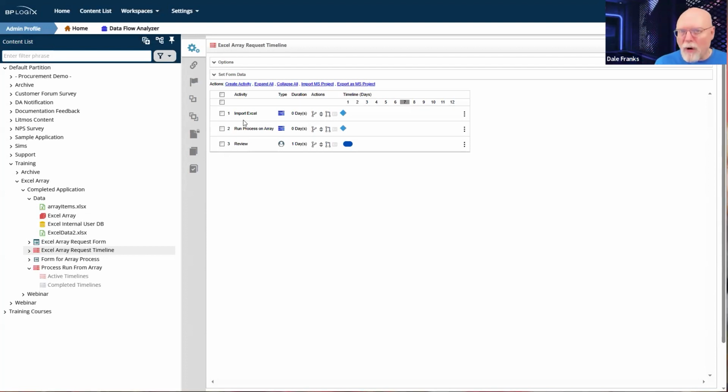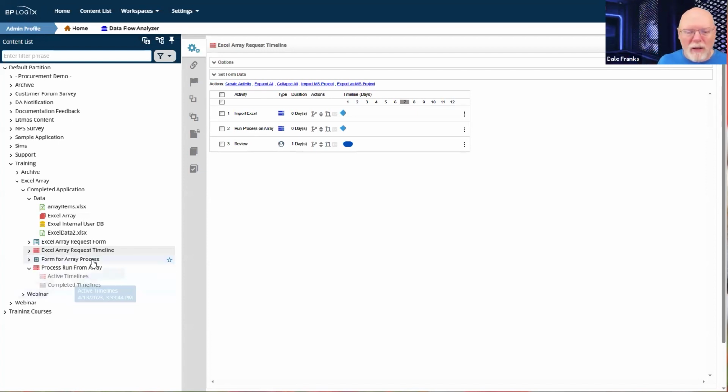On the form itself, that will now refresh my array because I have a business value that is set up to pull all of the data from that spreadsheet that gets imported into SQL. It pulls all that SQL data, gets me my array, fills my array on the form. Once I have the array on the form, we move to the next step in our process timeline, which is actually running the process.